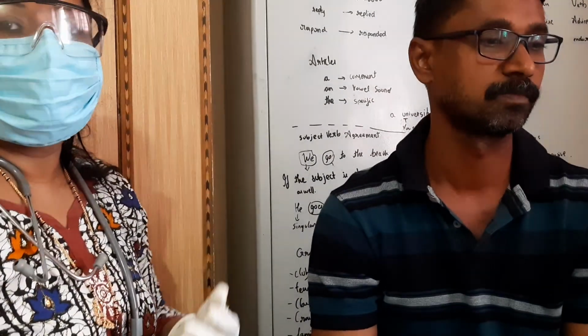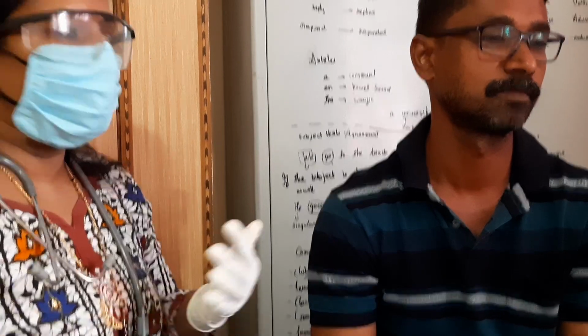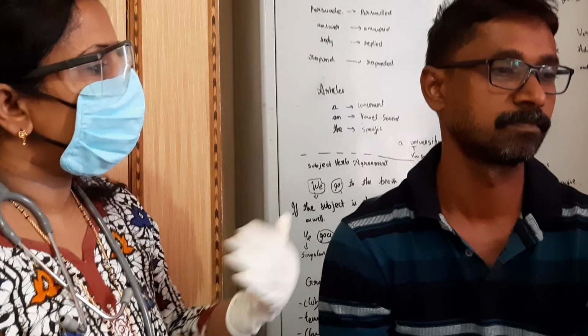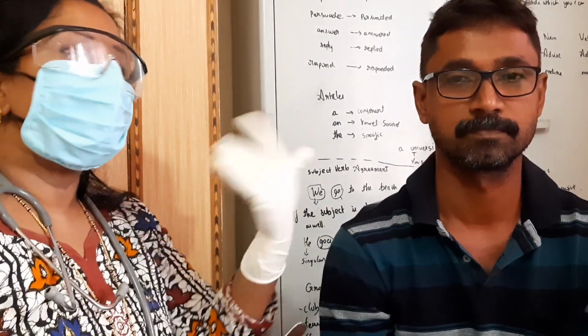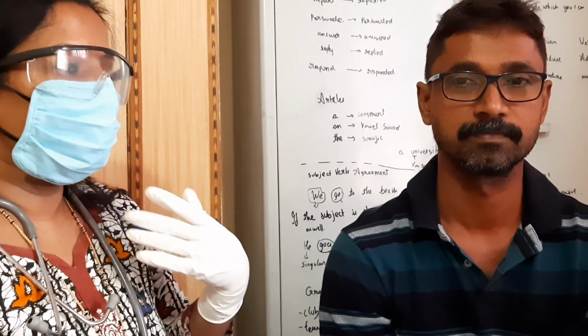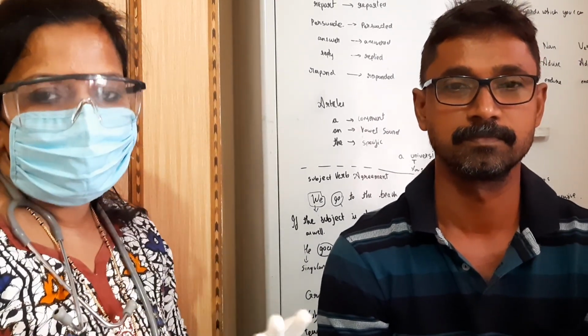Next is the 10th cranial nerve. That is, the patient can talk, and the patient can swallow the food and swallow the saliva. If you want, you can ask the client to swallow the saliva, or you can see the patient swallowing the food. So the 10th cranial nerve, the vagus nerve, is intact.